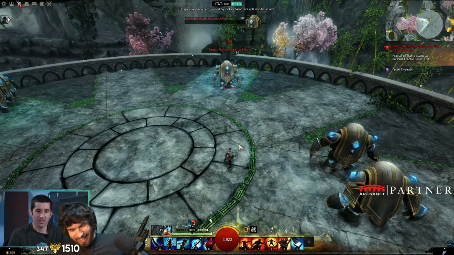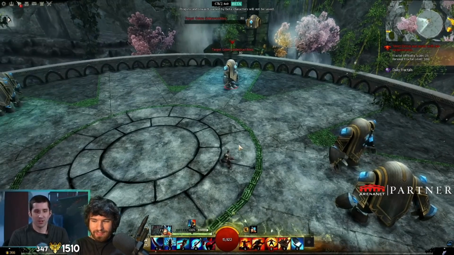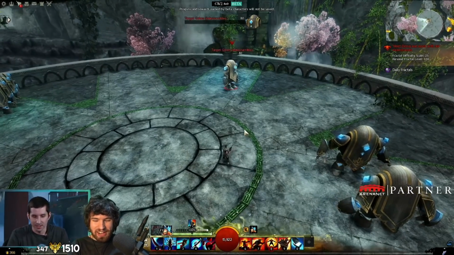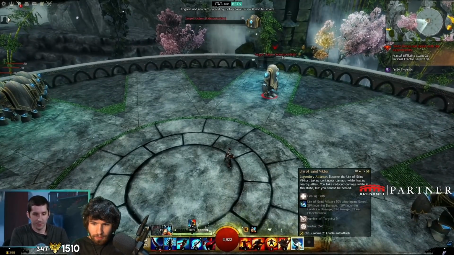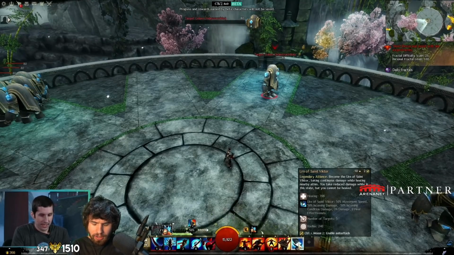Archimedes does a lot of the heavy lifting himself with the cast time. And you only put a little bit of cast time down. Then Archimedes will stand there, charge it up, throw at the target, and do a lot of damage to that enemy. That's going to flip over into the Urn of Saint Victor, which is again going to be